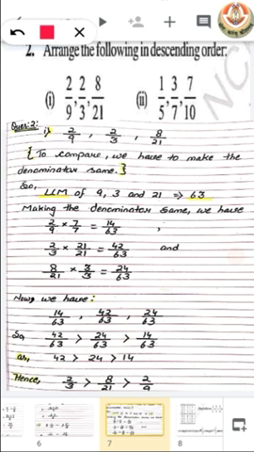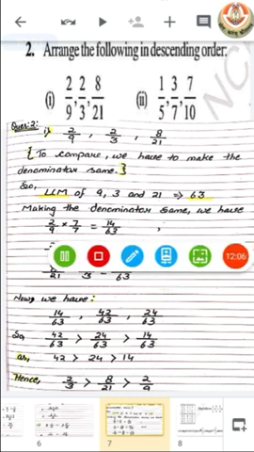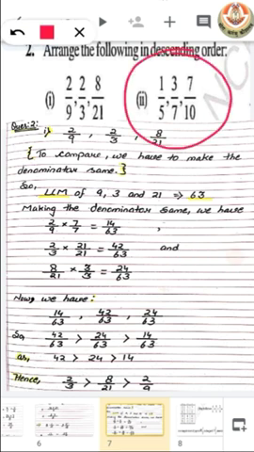Again, for comparing between fractions, we should have the same denominator. So for making the denominator the same, we first take LCM and then convert their denominators to the same by multiplying the given fraction with a suitable number. After having the same denominator, we will focus on the numerator to compare between fractions. In the same way, the second part will be done, and this is the practice question for you for today.